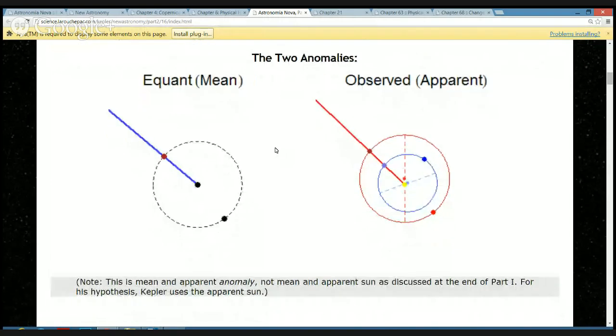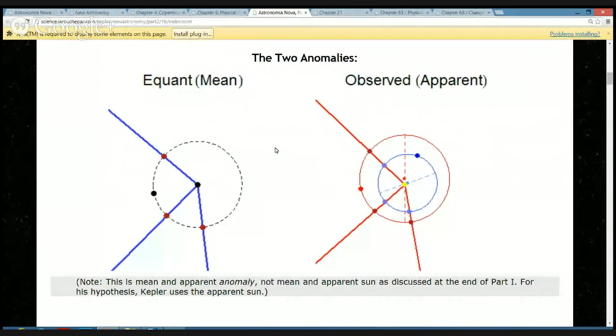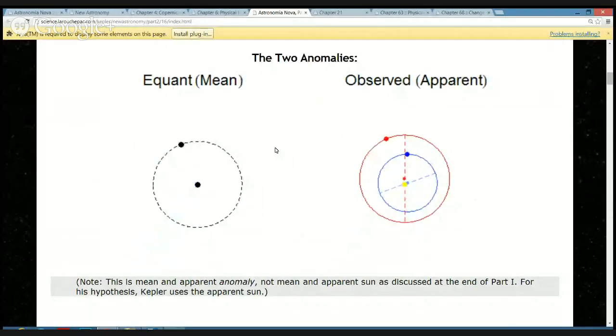So we've got these two assumptions, and you see them on your screen here. Now there are two anomalies. Anomaly means something weird, but in astronomy it just means where something is. It actually means something very common. There's an apparent anomaly, where the sun sees Mars. Apparent means you used your eyes and some apparatus and went out at night and looked at something. The mean anomaly is where the equant point, around which Mars moves always at a constant speed, would have seen the planet.